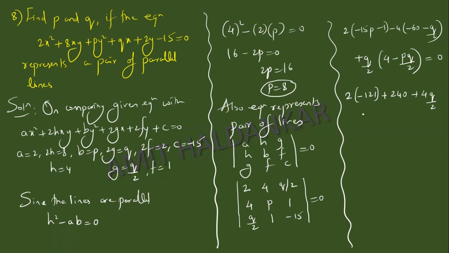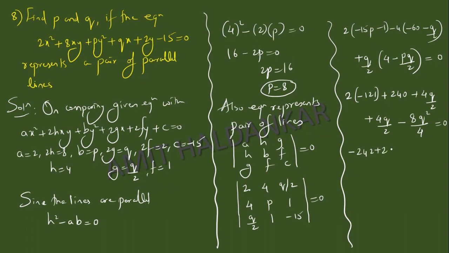And this is again plus 4q by 2 minus, if I multiply this inside, q into, okay, p is 8. Q into q is q square by 2, 2s are 4. So you can cancel this, 2 ones are 2, 2s are. So finally, let's see what remains is minus 2 4 2